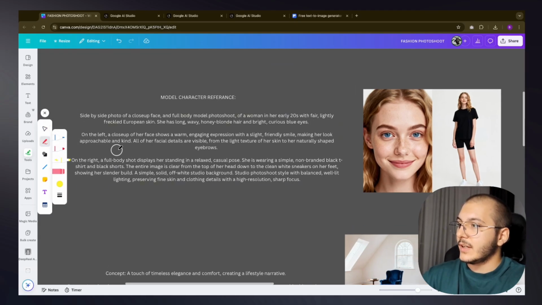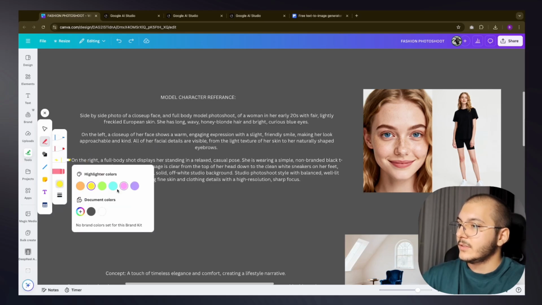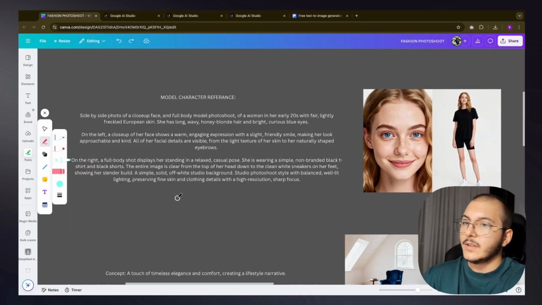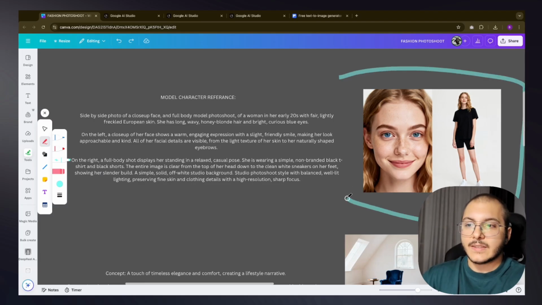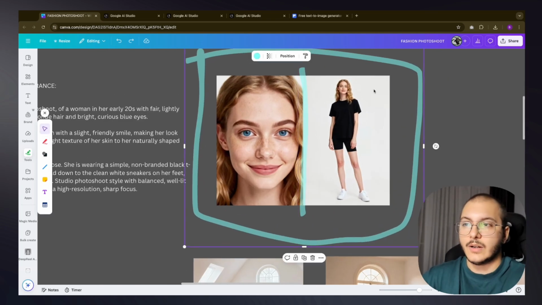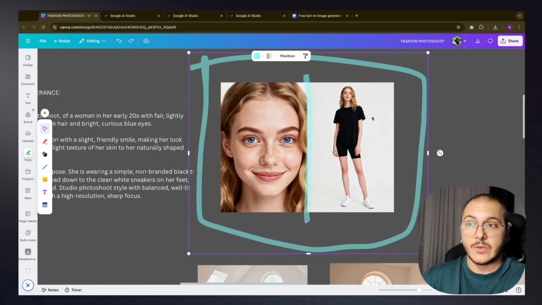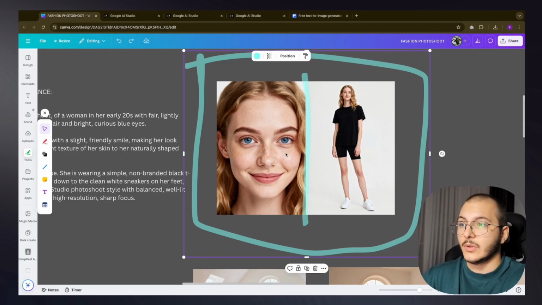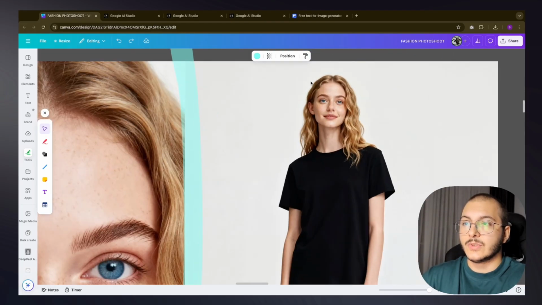Let me just use a highlighter to talk about it. Okay. So, I want a result like this, where on one side I get the full close-up of the face, and on the other side I get the full body style of this model. I do this so that I know how I want her full body to look in each and every photo, but I also do the close-up so I don't lose details that would have been lost in this small